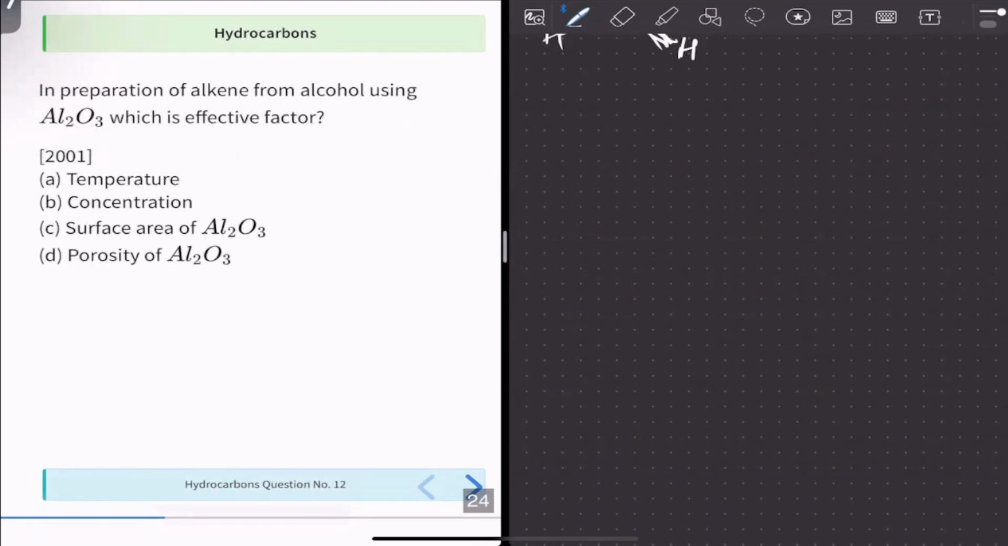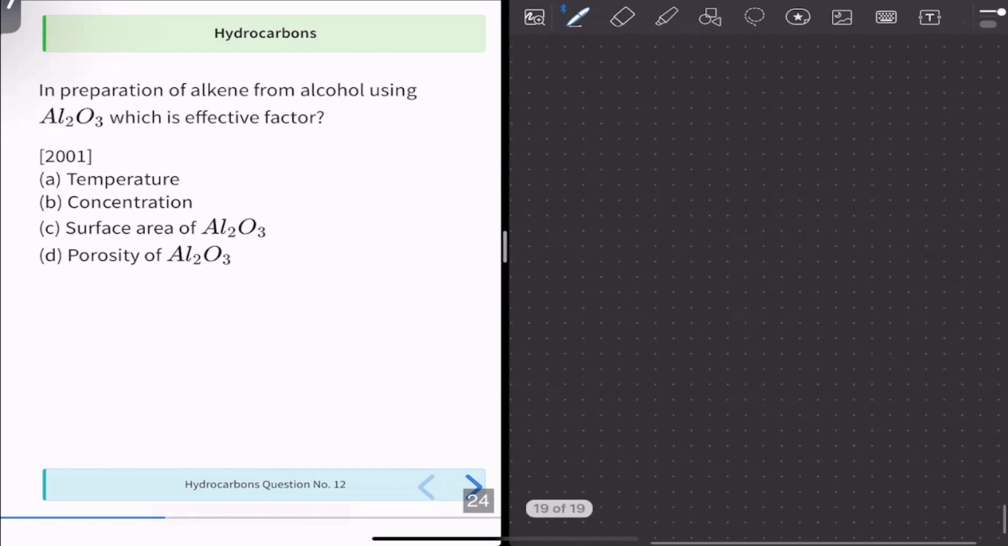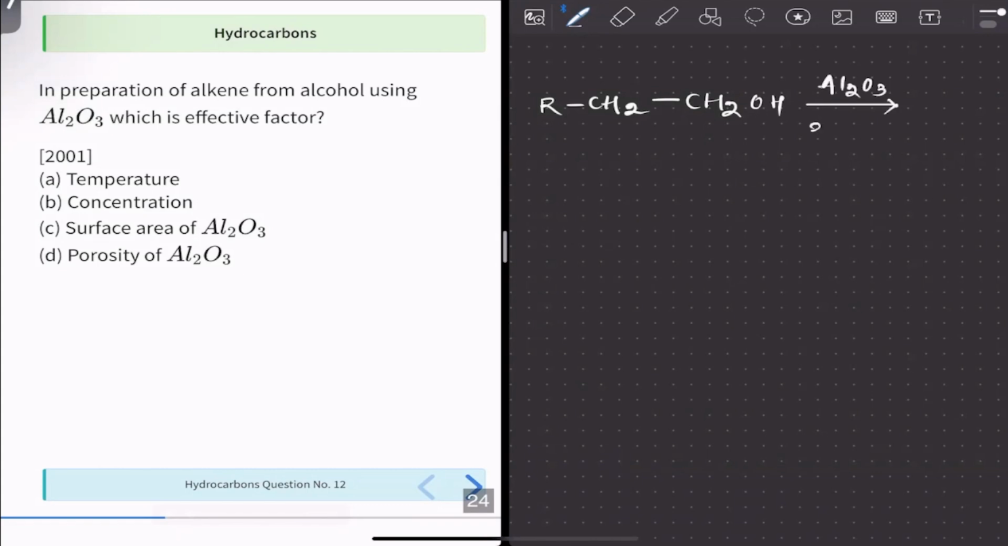Question number 12. It is asking, in the preparation of alkene from alcohol using Al2O3, which is the effective factor? Okay, so let's write the equation for this reaction from alcohol. Let's suppose the alcohol is CH2OH. Al2O3 can be given at two different temperatures. That is Al2O3 at 350 degrees to 380 degrees Celsius,